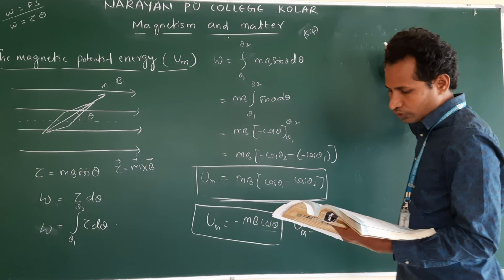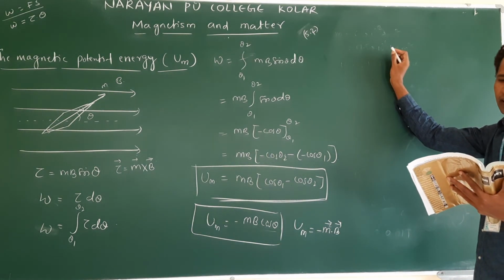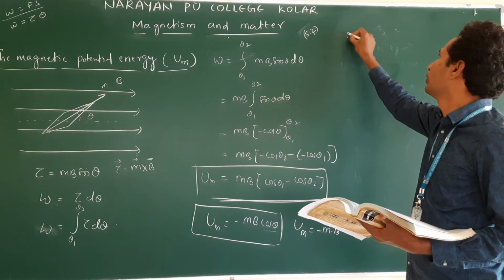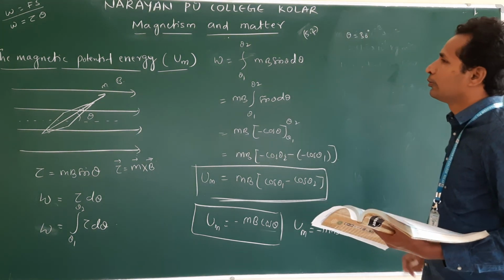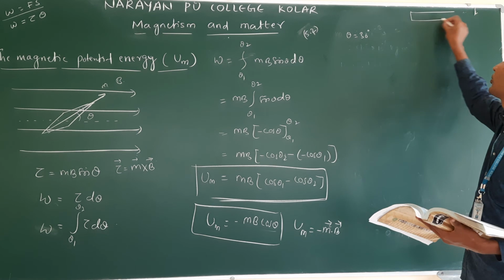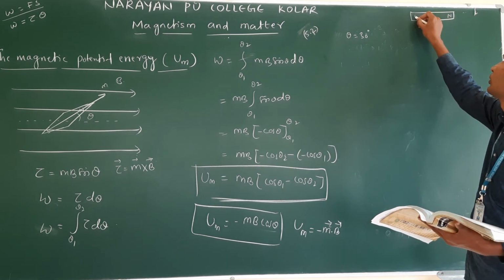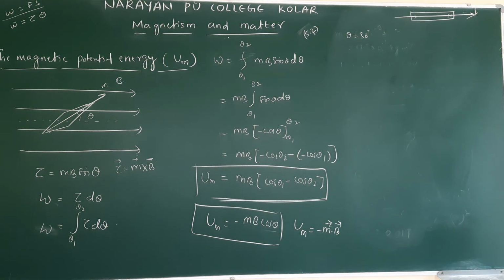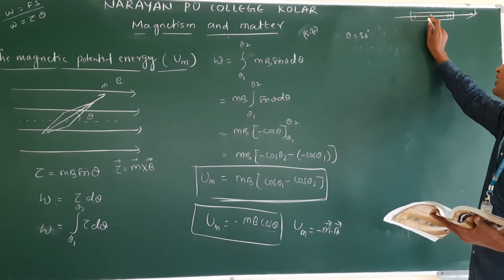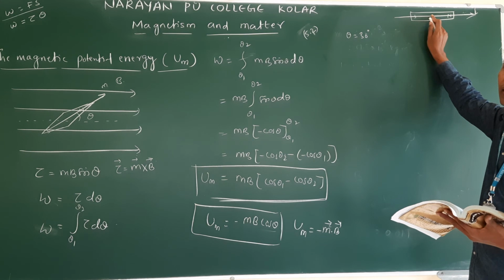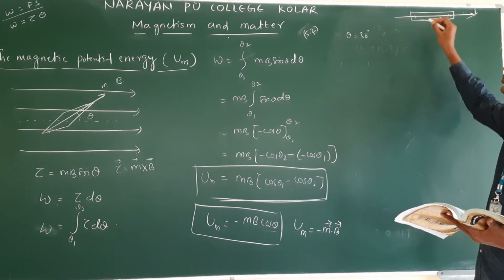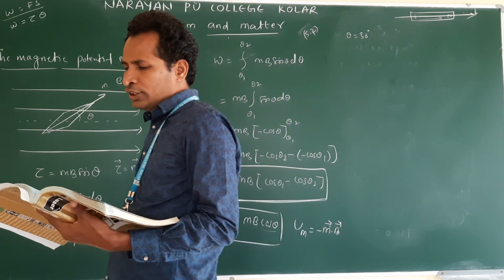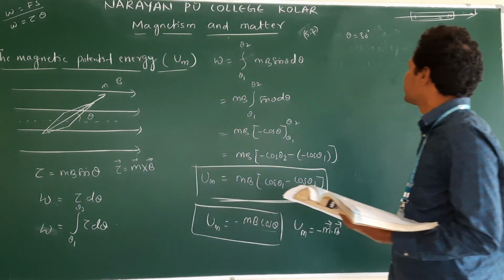5.2. Now, the bar magnet, its axis makes 30 degree. So theta is equal to 30 degree. Bar magnet means north and south. This is called the axis of the bar magnet, the line passing through the poles as well as the center of the magnet and parallel to the magnetic moment. So that axis is called the magnetic axis. So that's making an angle 30 degree, right?